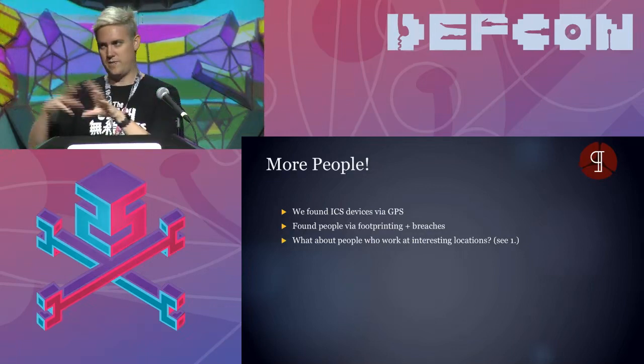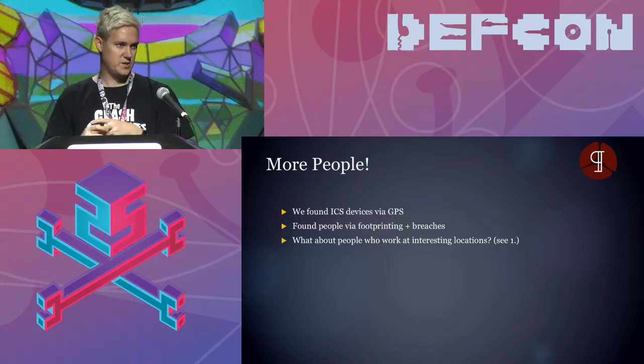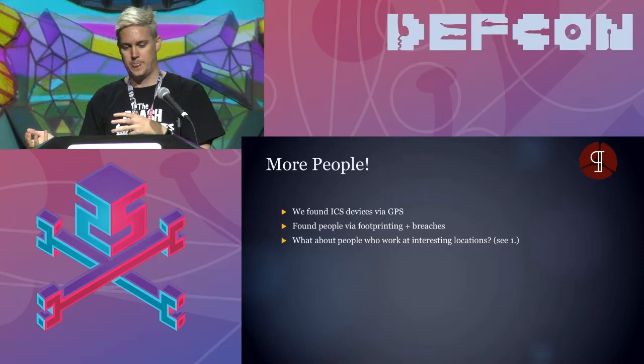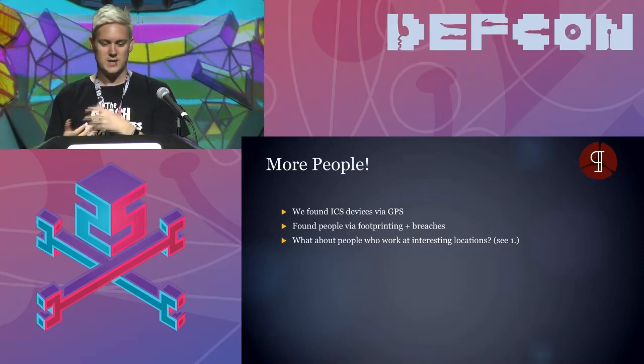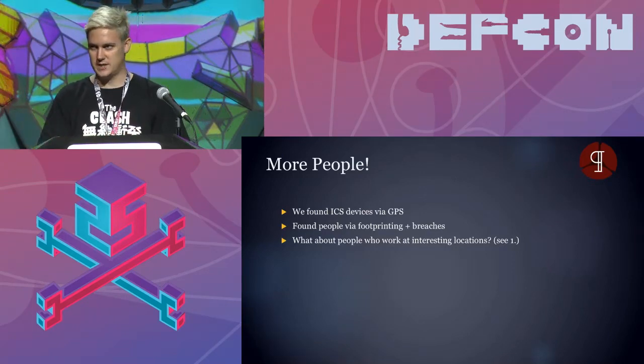So here we said, okay, we found ICS devices based on location or country, something that I was looking for. Then we found individuals based on their network footprint and how they access the internet. And then what we can do is say, well, actually for ICS devices, let's say that I can't get an implant in there, right? Let's say that I can't run my exploit. I need someone to physically go and do it.